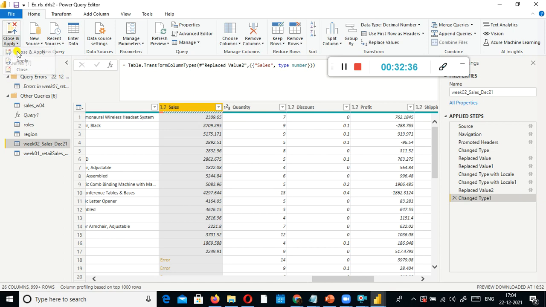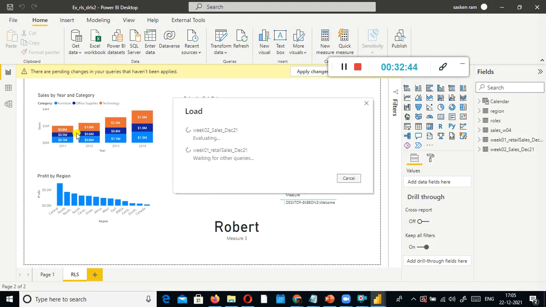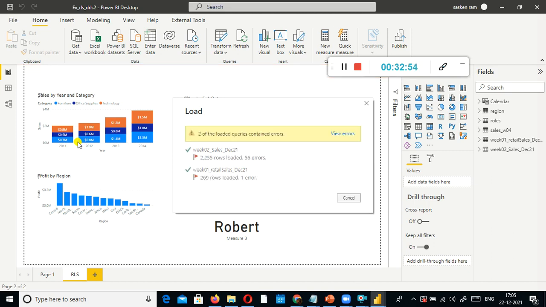on the safer side I'll go and apply the changes. For these two data files I change the data type and I want to make it permanent. Two of the load queries contain errors.